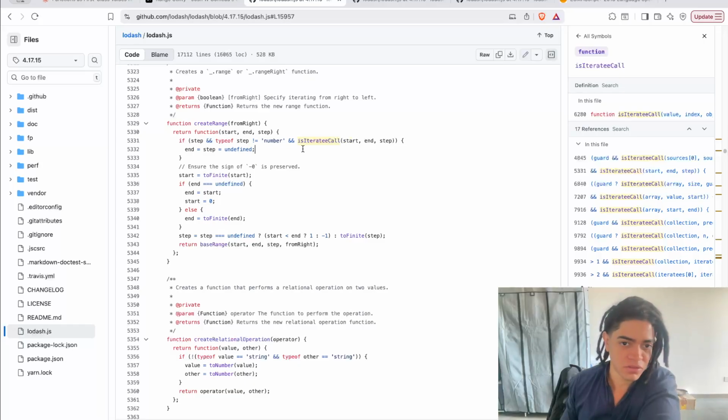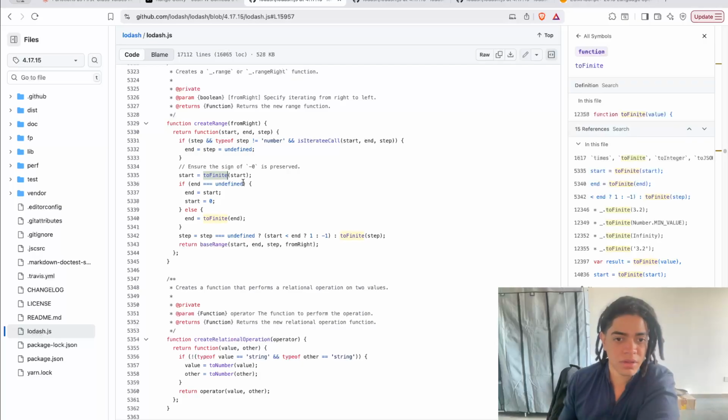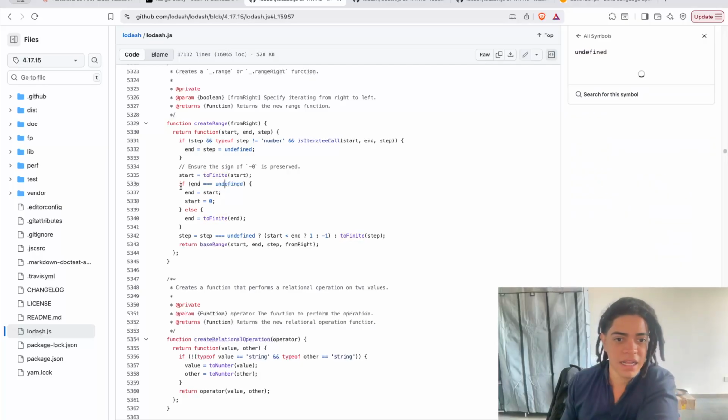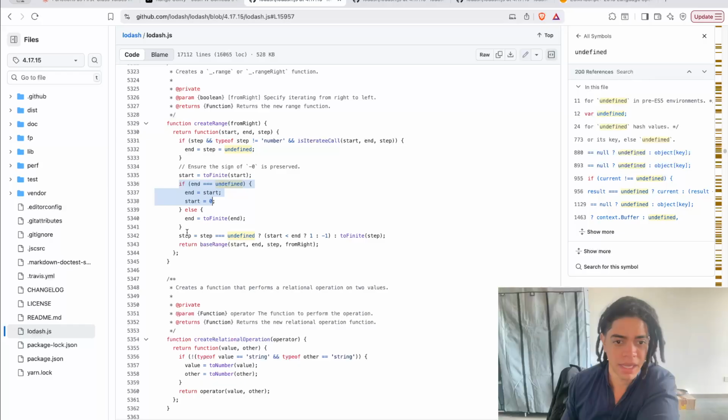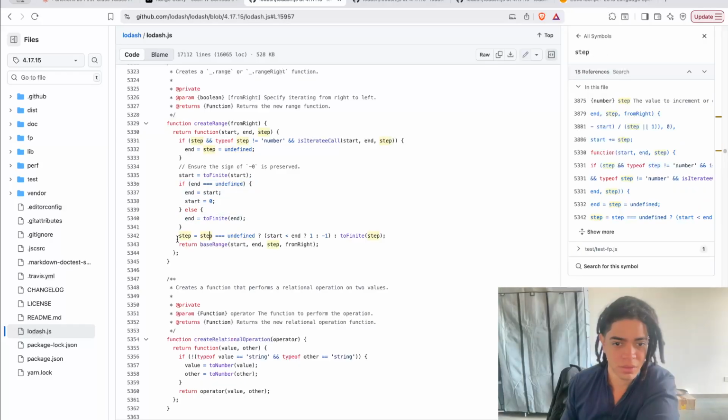Again, this is another function inside. But what it does is preserve the zero, to find it. And here's where the actual magic kicks in. What they're doing is just to say, hey,